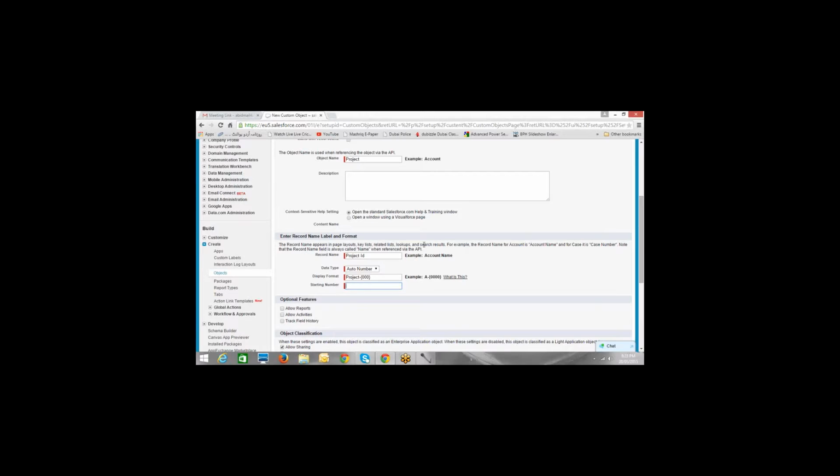All right. Starting number will be 1. I want to start my project numbering from 1. So starting number should be 1. That's it. Make starting number equal 1. No, only one. You don't have to write anything. Just make it 1. Okay, so it will automatically do 001, 002, and whatever is outside that curly bracket is fixed, means static. So every record will have that. So that's it. You just have to save it.